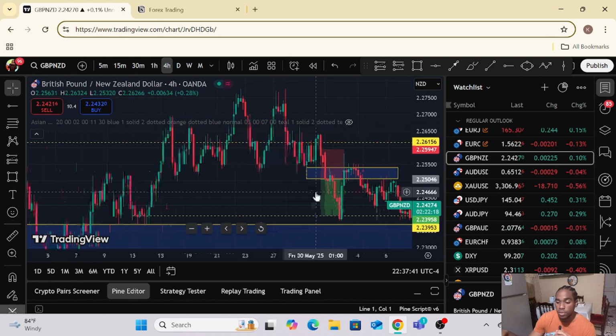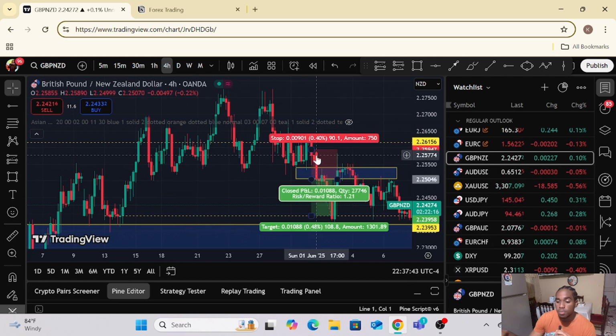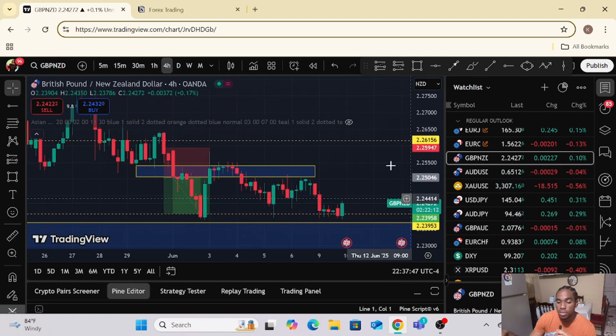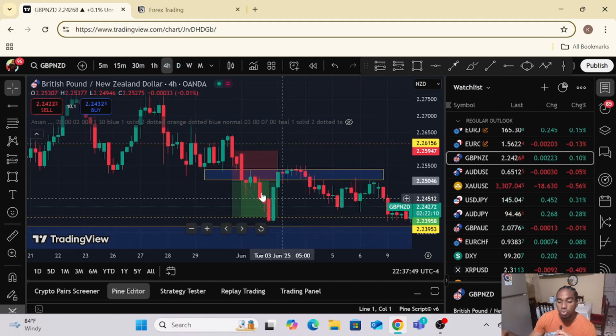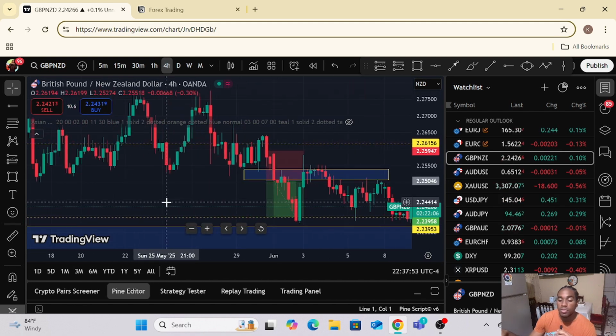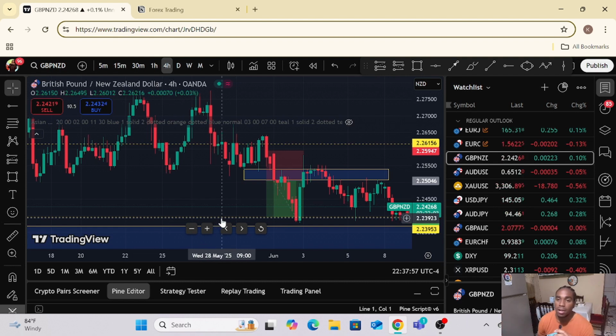So let me go back to the 4 hour. Price pushed all the way down here. You could see at one point there was a 4 hour close right here, right? And with this 4 hour close, what did it do? It left behind a 4 hour fair value gap. So that was like ding ding ding,